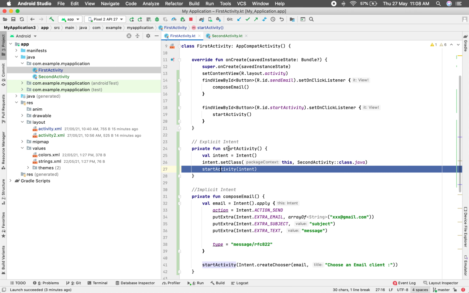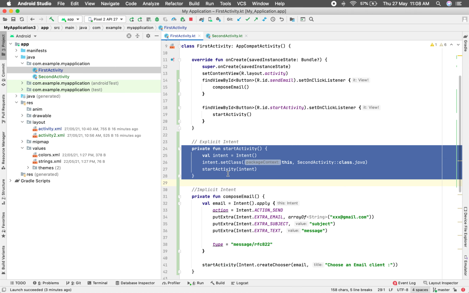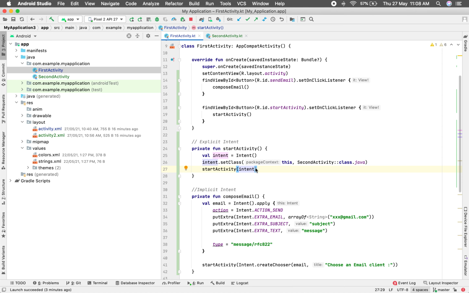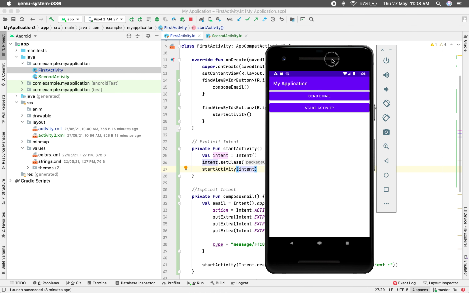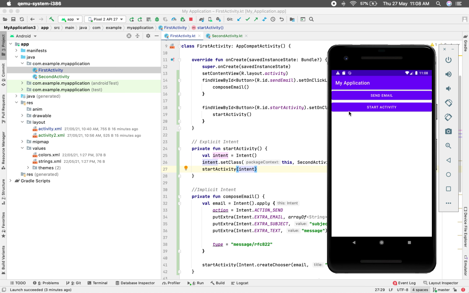And so finally we will call the startActivity method, which will start the new activity. Let's see how it works in real life. So this is the code, and the button which we have used for this is the start activity button. When we click on this, it will start an activity which, for some reason, uses the same layout, so you can see similar buttons here. When you click the back button, you can come back to the first activity here.